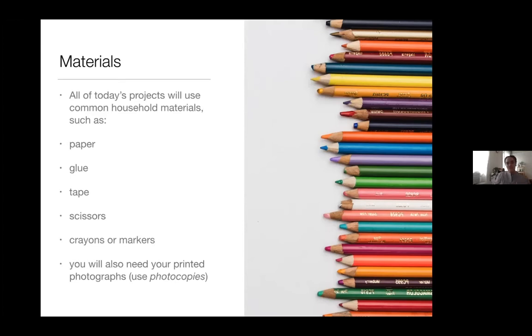You can just work with a photo, do one thing with it, glue it here, create a frame, whatever it is you want to do with it, cut it out, color on it, and then you can print out an exact copy again. So I really want to encourage you to work with photocopies, not irreplaceable photographs, so that you can have that chance to really explore and experiment.